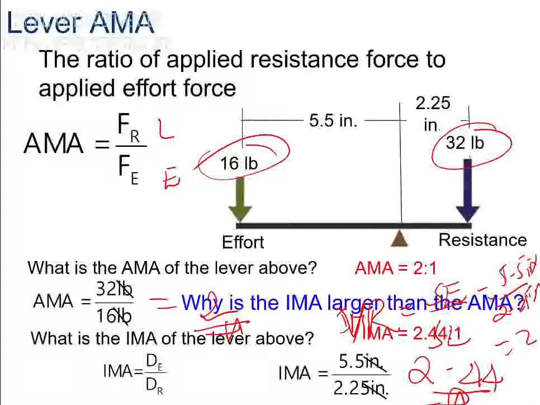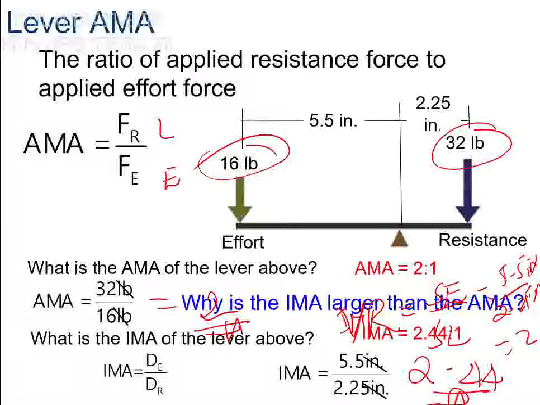As you see, the mechanical advantage and the velocity ratio both are greater than 1, and both do not have a unit, because since they are